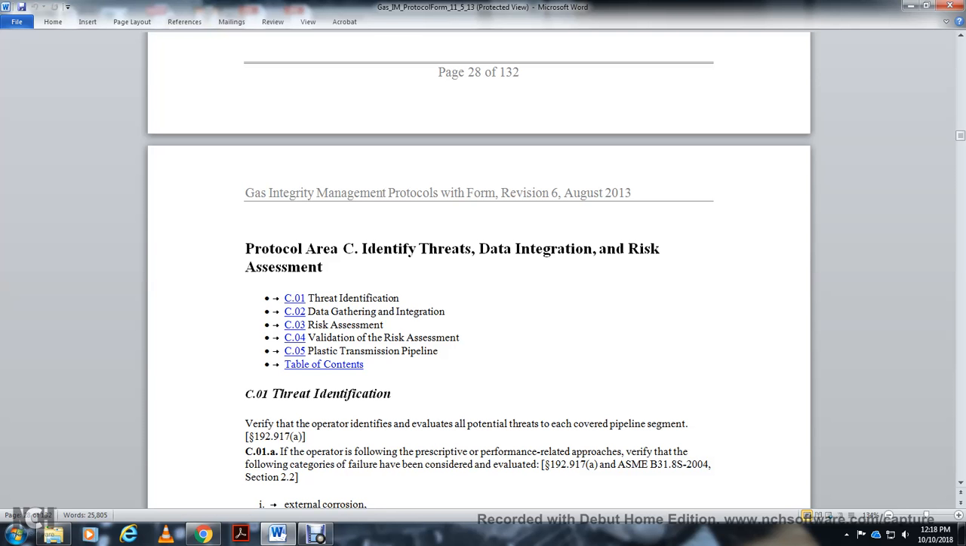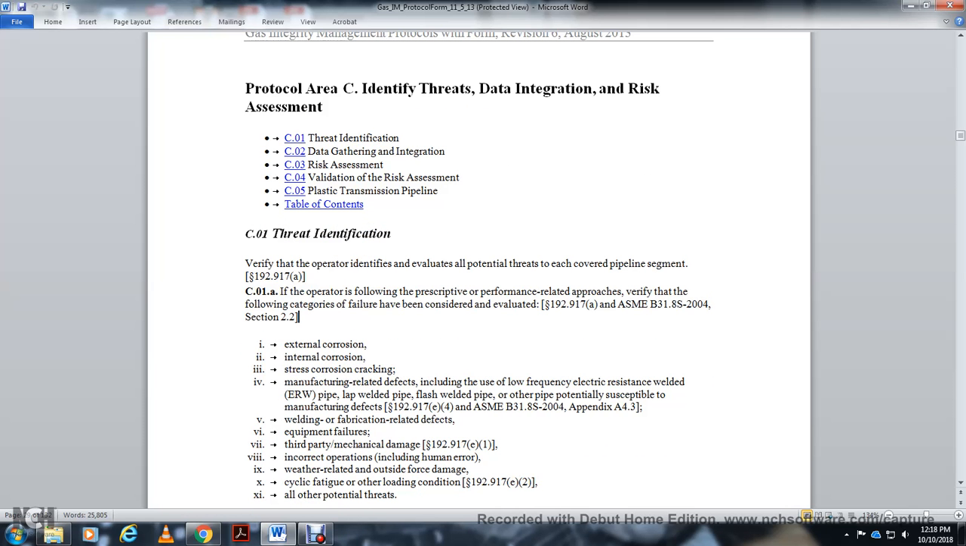Failure with the threats to be evaluated, 192.917(a), ASME B31.8S-2004: 1, external corrosion; 2, internal corrosion; 3, stress corrosion cracking; 4, manufacturer-related defects, including low frequency electrical resistance welded pipe, lap welded pipe, flash welded pipe, and other pipe with potential suspected manufacturer defects, 192.917 C.4, ASME B31.8S-2004 Appendix A, A4 through A43;